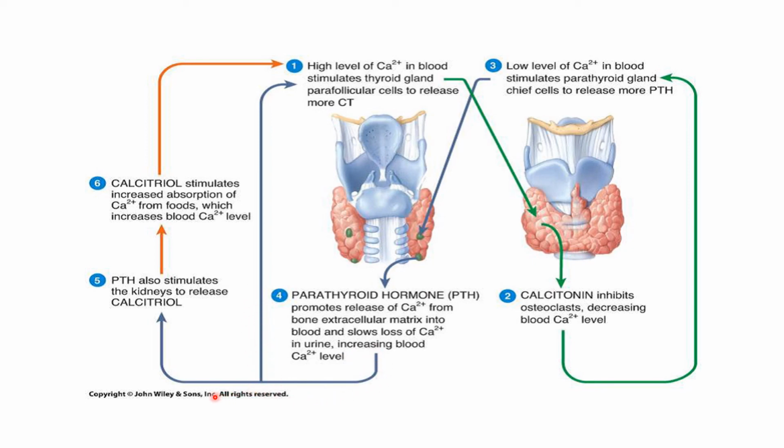When the calcium level is increased, the parathyroid hormone, PTH, also acts on the kidney, and it secretes calcitriol, and that calcitriol stimulates increased absorption of calcium ion, and that's why the level is also increased